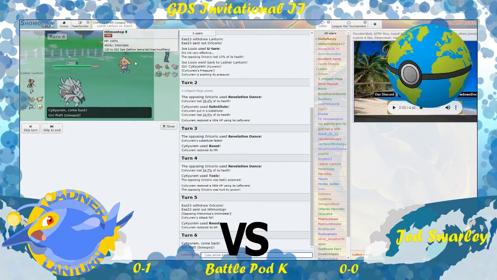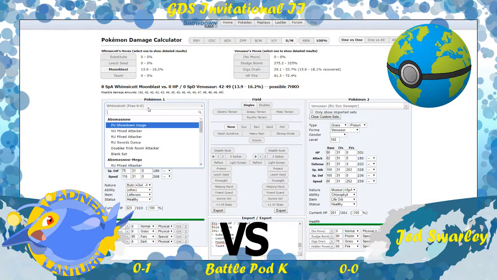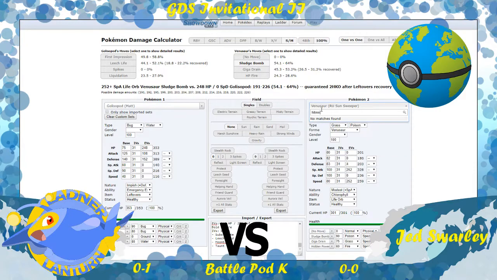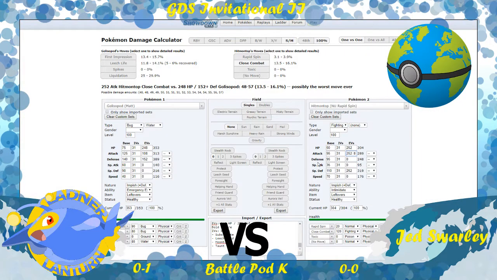Sub was definitely the play there. Would have been a really good play. So there's the close combat. Just 16 to my Gliscor against the Hitmontop. Close combat is 16, so... No, it did 15.6. Is there a world...